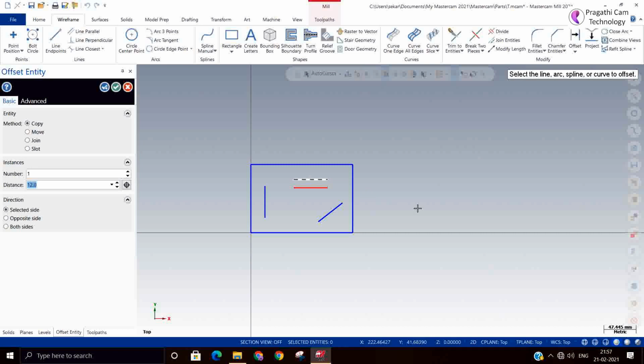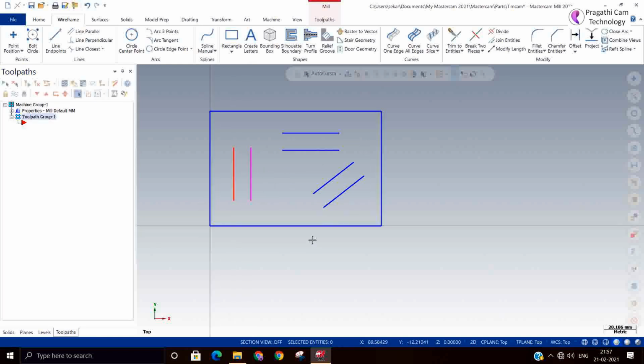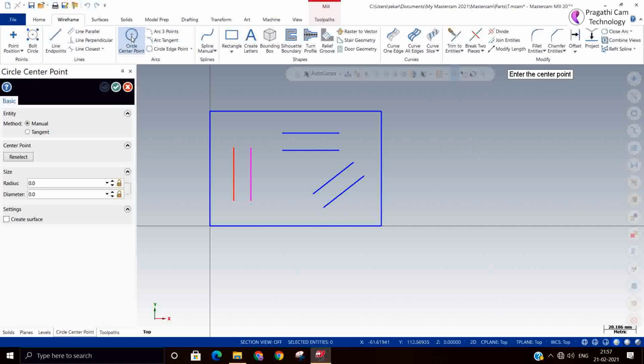I will offset. Just offset it. This contour should be closed, so I will take a circle, 2-point circle.